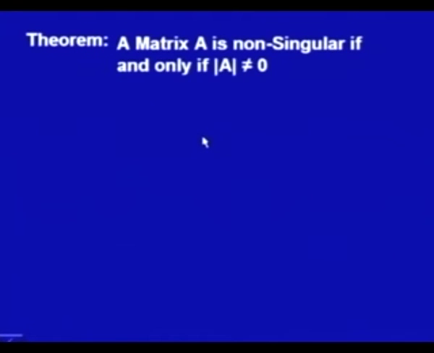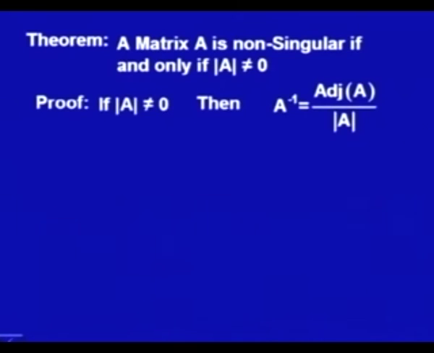Now, this is an important theorem which says that a matrix is non-singular if and only if determinant A is not 0. The proof has two parts: if determinant A is not 0, then A inverse exists, and if A inverse exists, then determinant A is not 0. Now, if determinant A is not 0, then one can find from the previous result